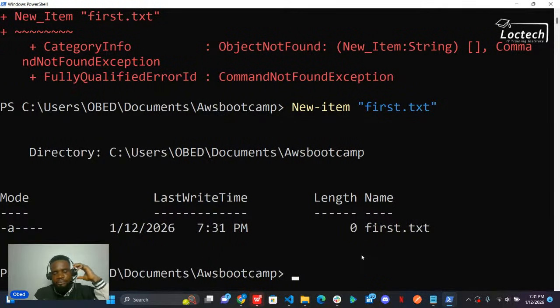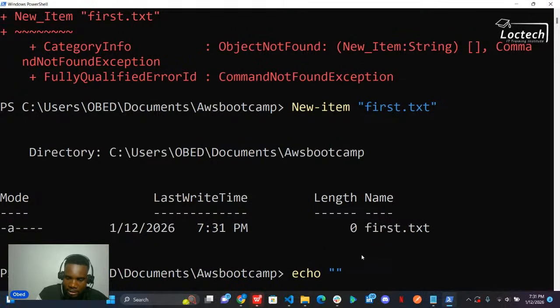Now, let me write into a file. Again, there are various ways we can write into a file, right? But for this particular section, I'm going to use echo. So echo is more like me shouting or me printing. This is what I want to print into the file.